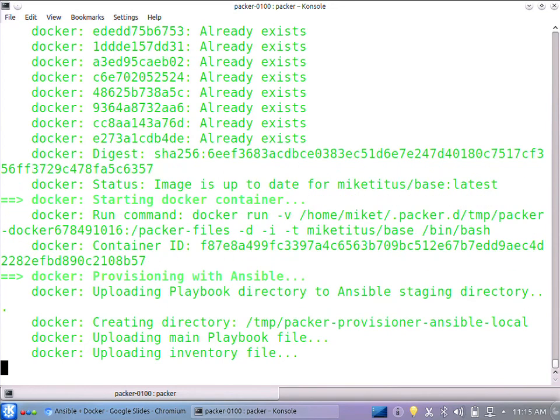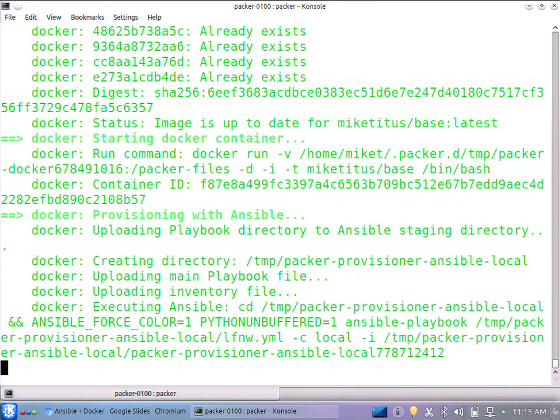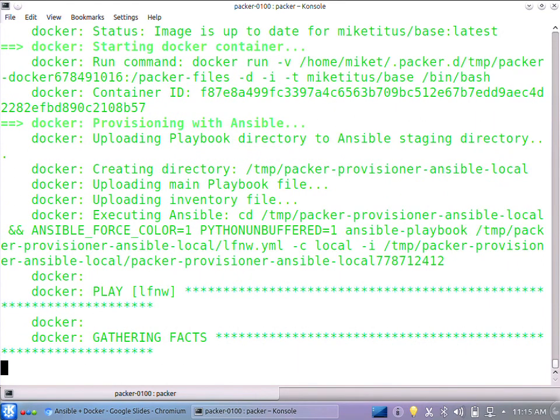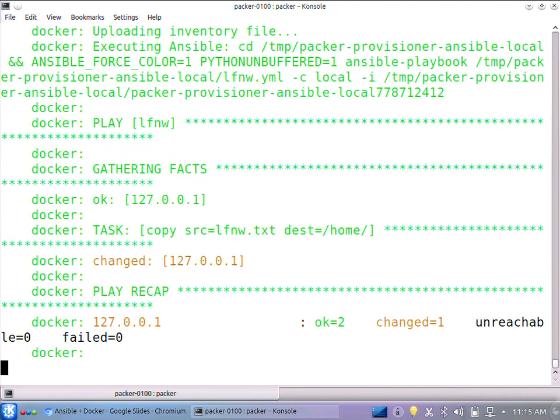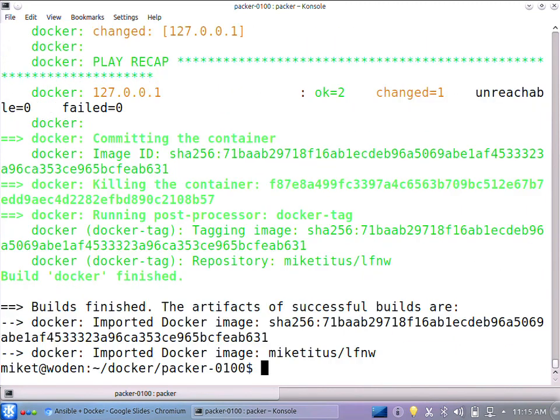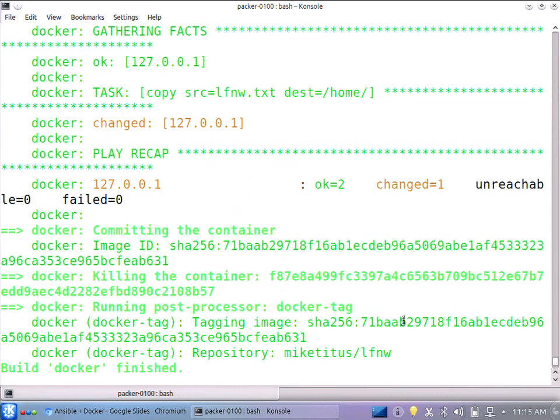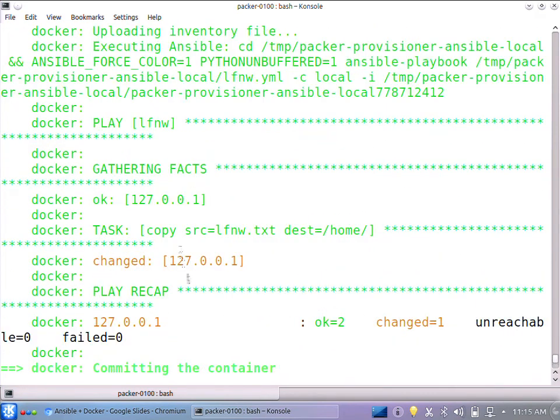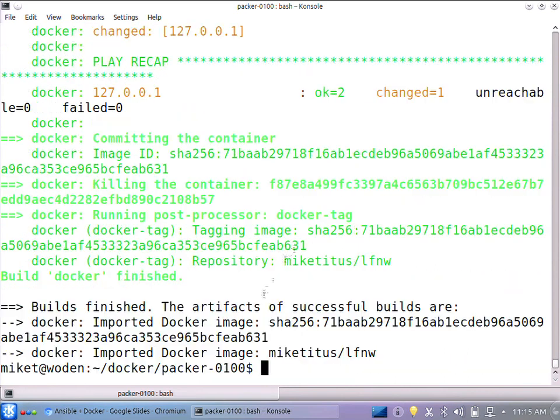Is this one of the images that has Docker in it, or are you running remote? It's an image that I added Ansible to manually. Sorry, Ansible, you added Ansible to it. Yeah, I added Ansible to it manually. Okay. So we've run the playbook. It just has a single task. It just copied one file, and we updated the LFNW image. And if I run that,